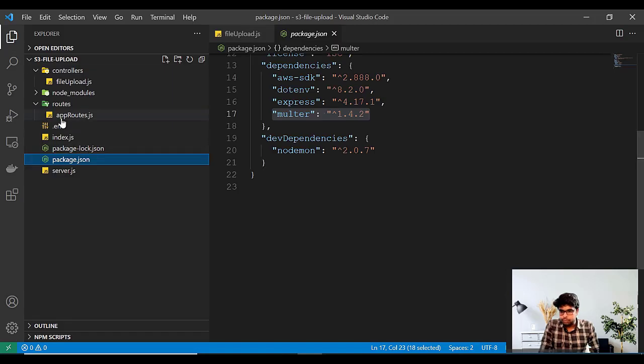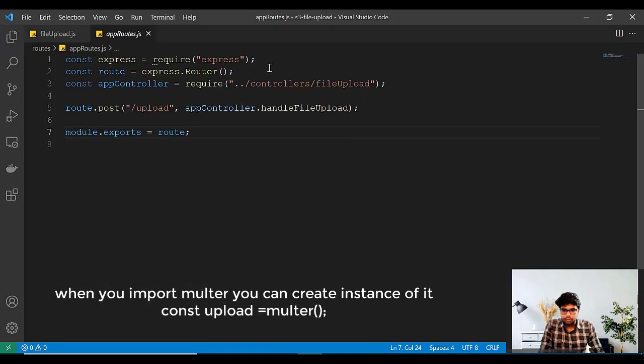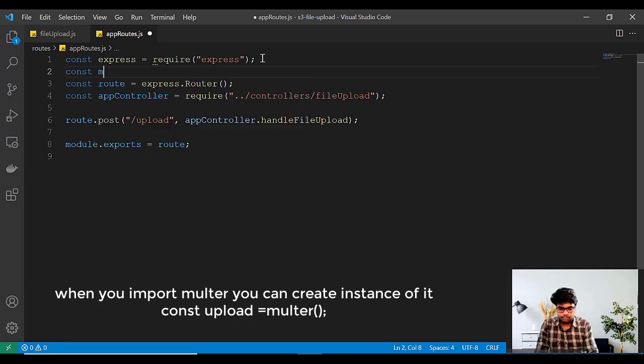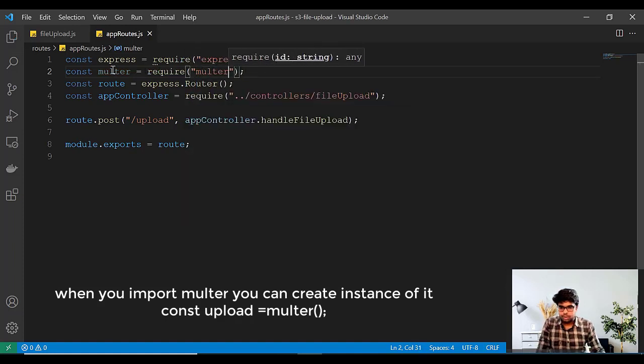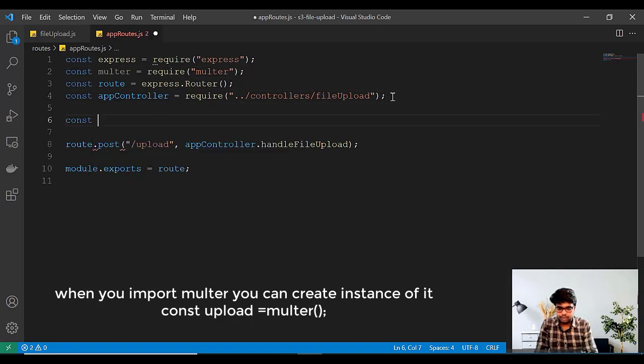So let me quickly use this Multer in our project. I am going to import Multer using the require syntax, and when you import it, you need to create an instance of it. So let me quickly do this.